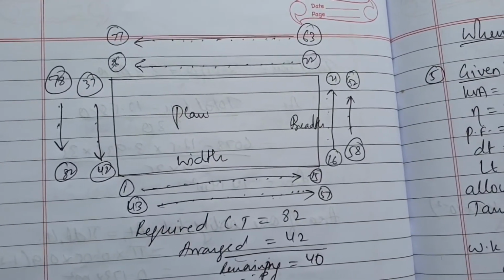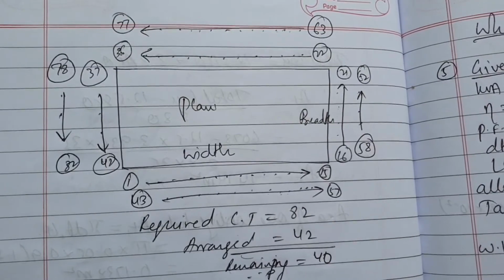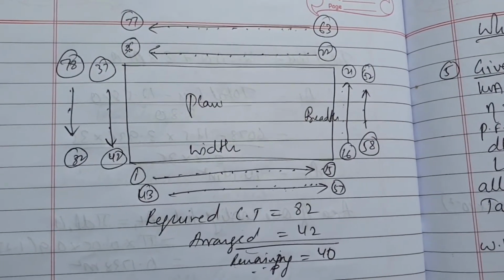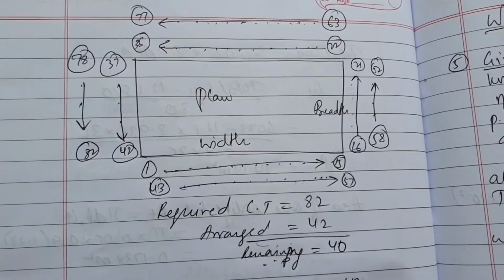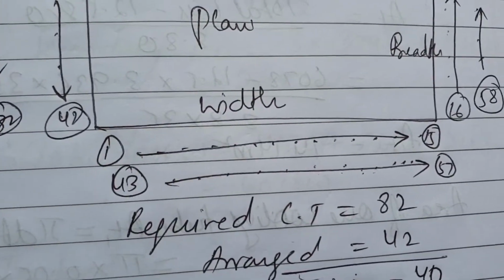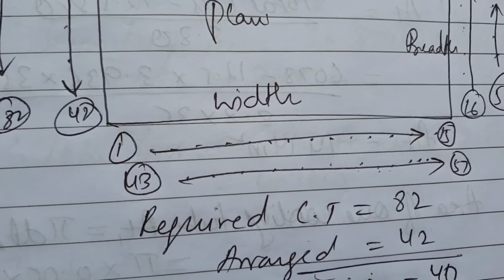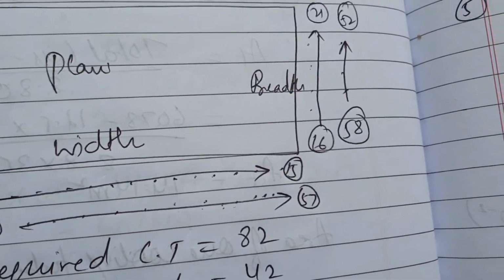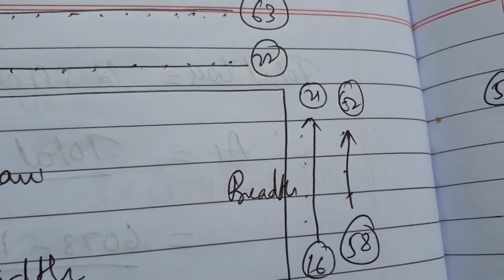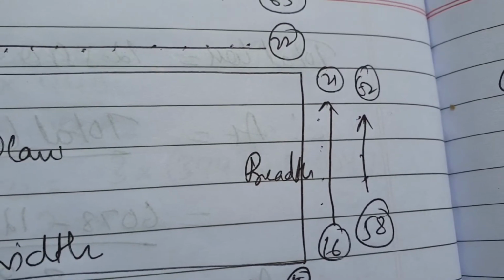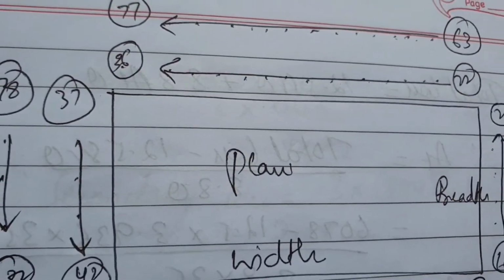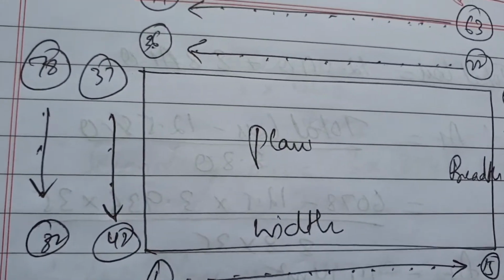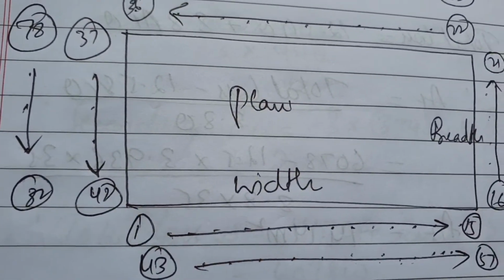As mentioned earlier, for schematic and arrangement of cooling tubes, first you have to draw the plan of the transformer, as shown in the figure. So along the width I am going to place 15 cooling tubes, starting from 1 to 15, and next along breadth 16 to 21, totally 5 cooling tubes, and then next 22 to 36 along the length, and along the breadth again 37 to 42, that is 6.